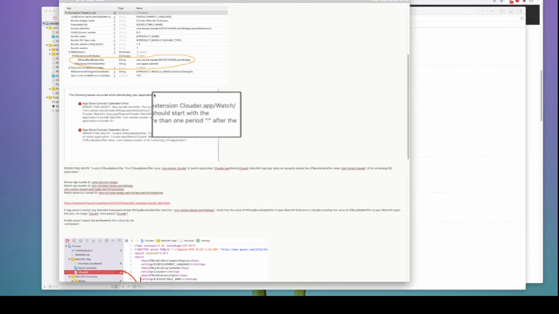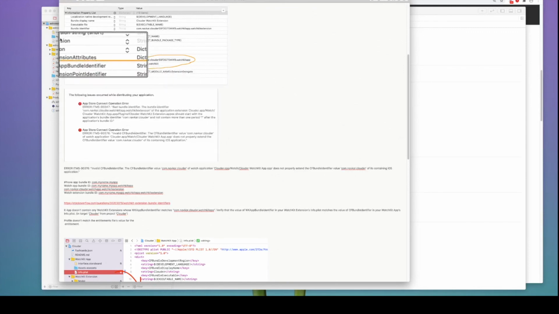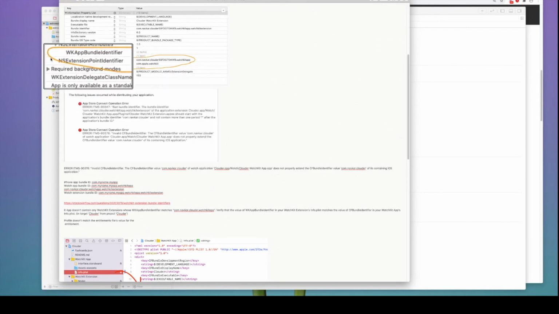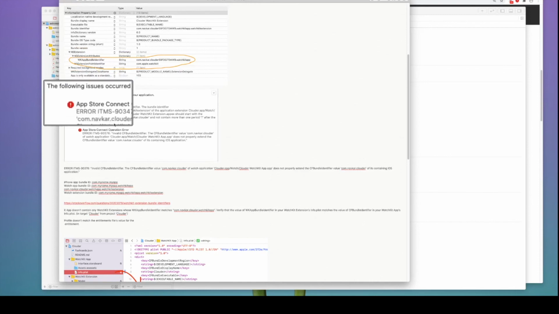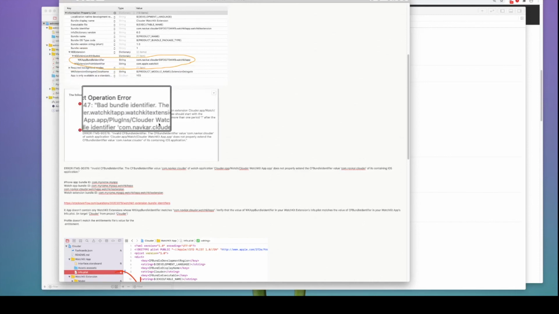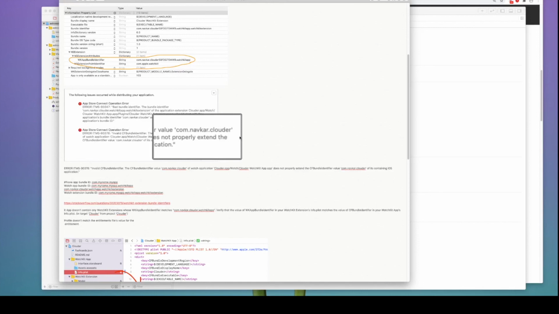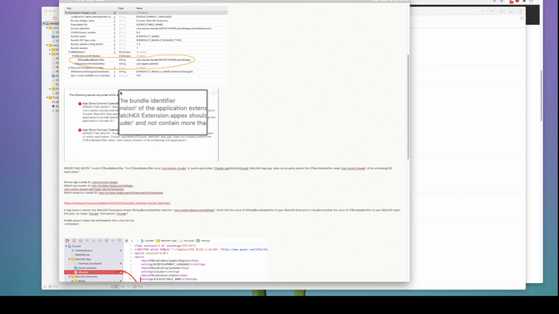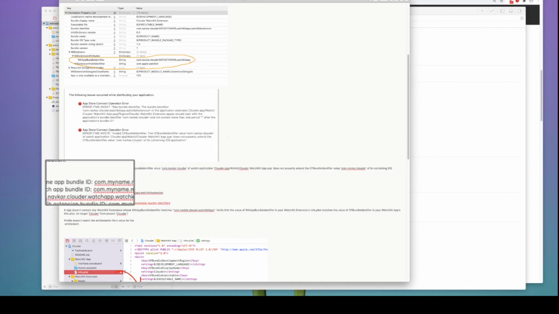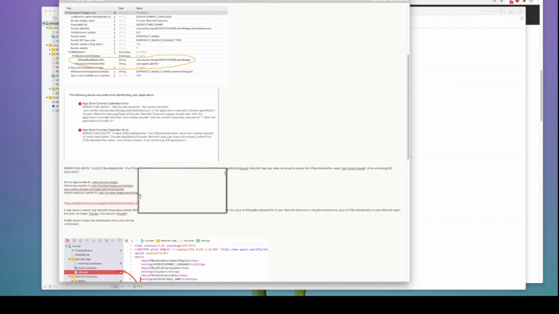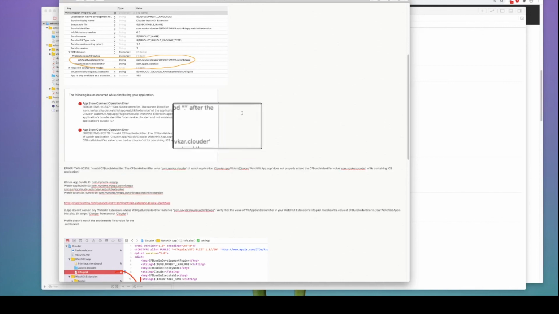So there are some pitfalls I want to make sure that you get. If you make a mistake in the bundle identifier, you would get some weird errors like this: bad bundle identifier, App Store Connect operation error, invalid CF bundle identifier. The reason I noticed is, as long as you have 3 different bundle IDs, as you can see here, for your WatchKit app, you will not see these errors.